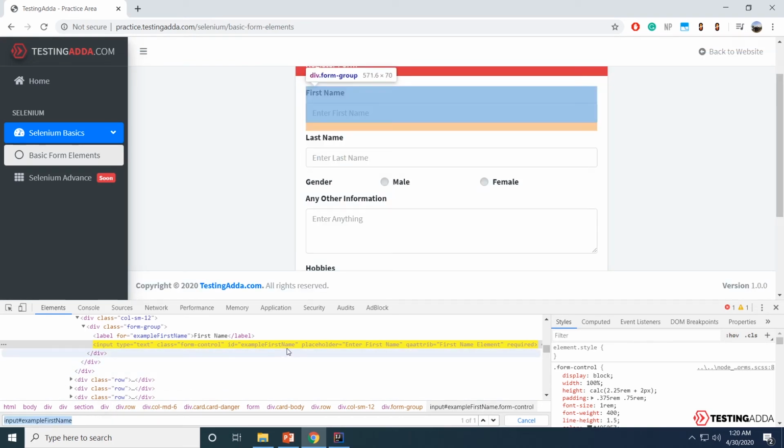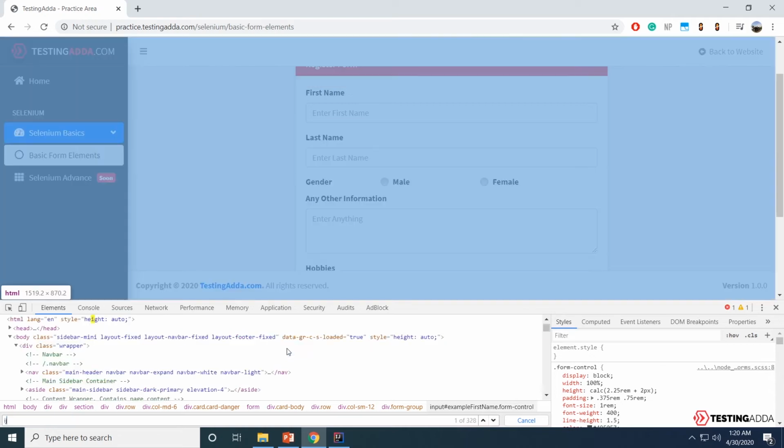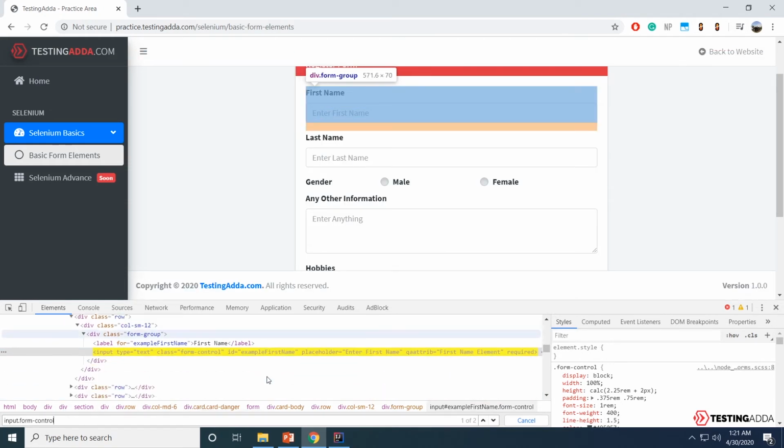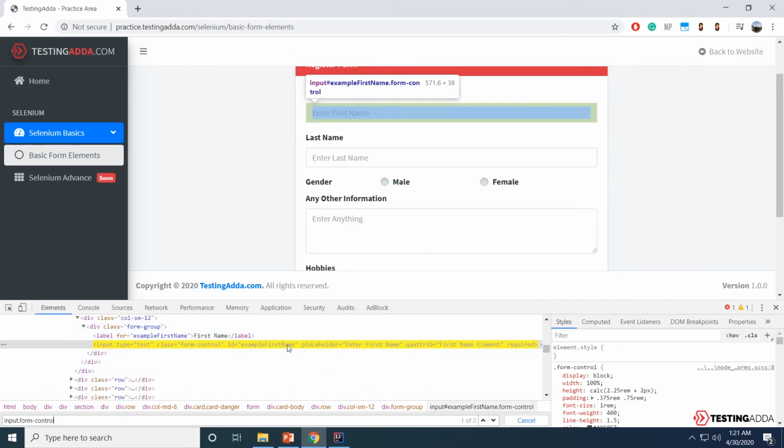In CSS we can do it by typing input, that is my tag name, the class is denoted with dot, and the class name should be form control, plus the ID, so to denote the ID we'll type hash, and the ID should be example first name. You can see it returns one result. That means our CSS is done right.